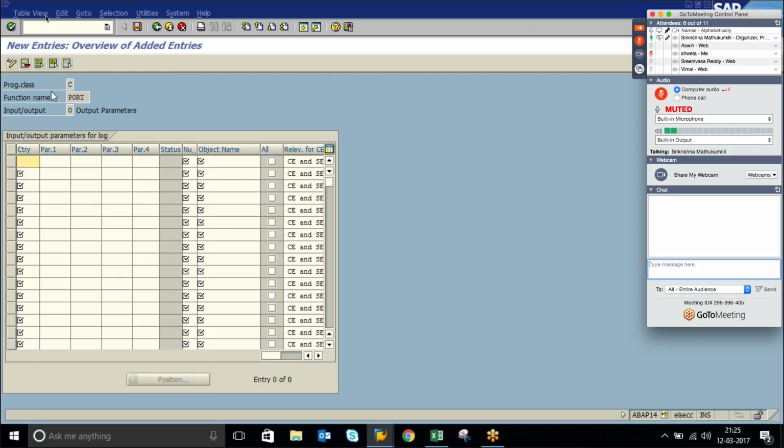So I will give my country grouping, and then I will put my PCR. What is the PCR? ZDT, VT30, I think. 0, 10, okay? 0, 10, fine. Then I will give a,